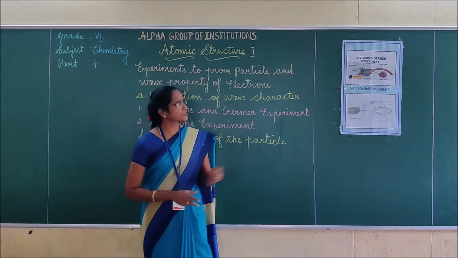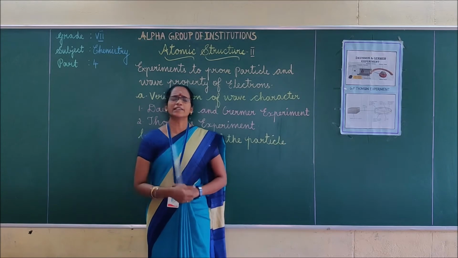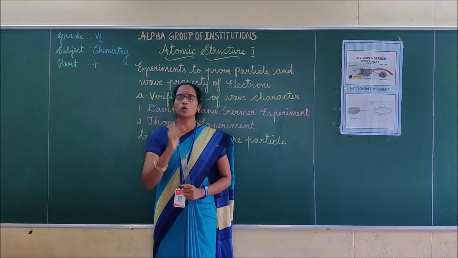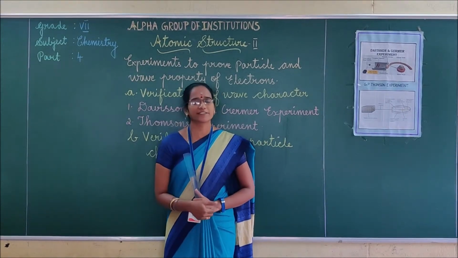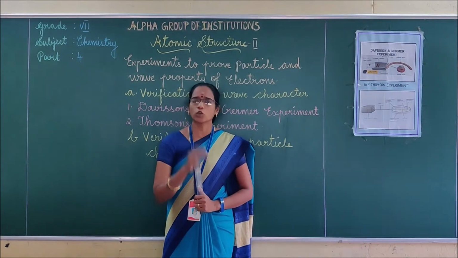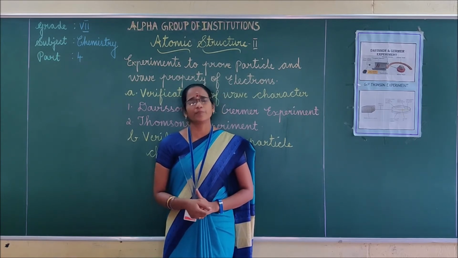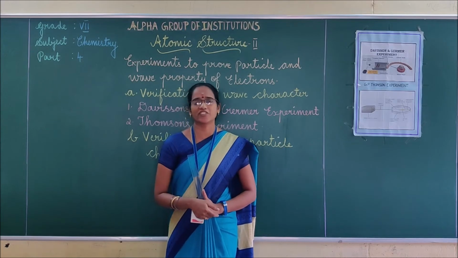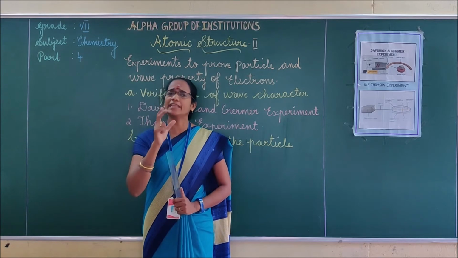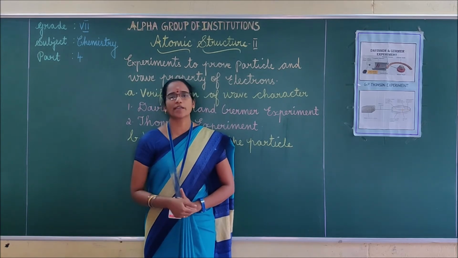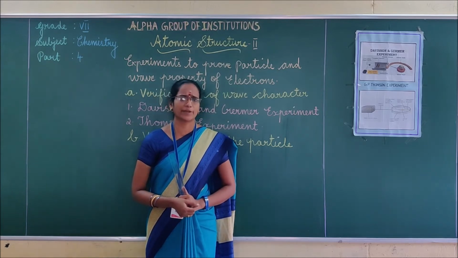Why is nickel crystal used in this Davisson and Germer experiment? Because nickel is a hard silver white metal. Also, it forms cubic crystals. It is highly malleable, ductile and also less corrosive in nature, that is, it can minimize corrosion. Also, it can withstand very high heat. That's why nickel crystal is used in the Davisson and Germer experiment.